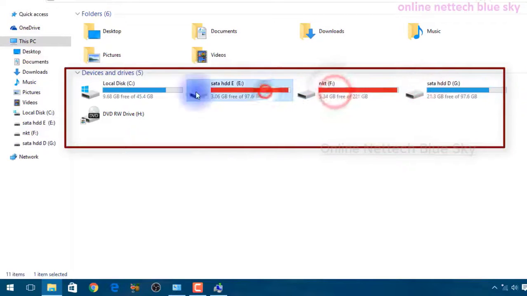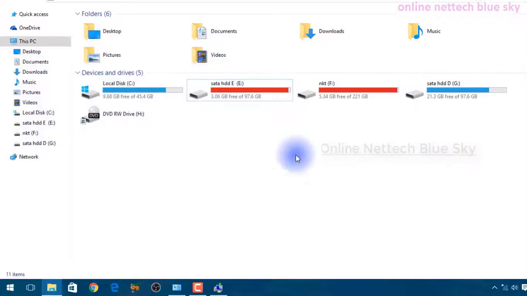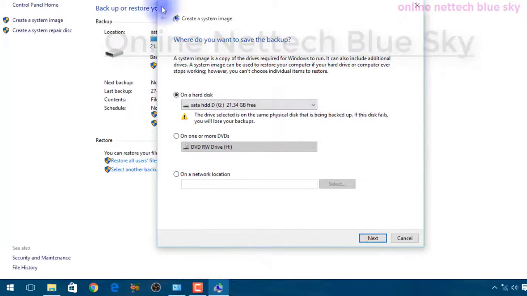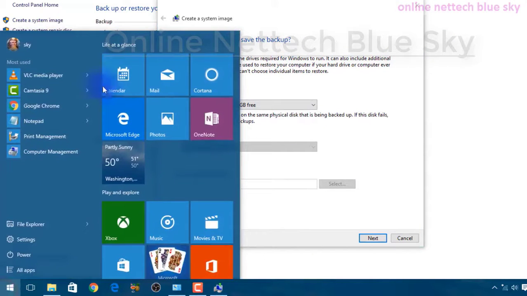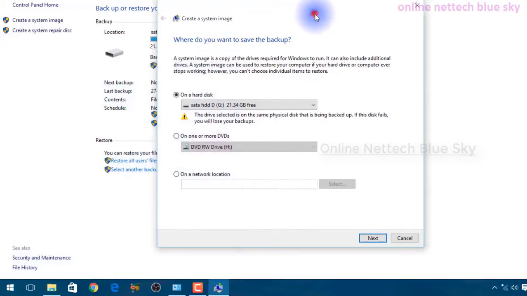I can take a partition backup, but I'm just talking about the whole operating system, which is the Windows partition C only. The Windows partition contains installed files, installed software, and your installed operating system. Maybe sometimes your operating system is corrupted, so you restart your computer again.